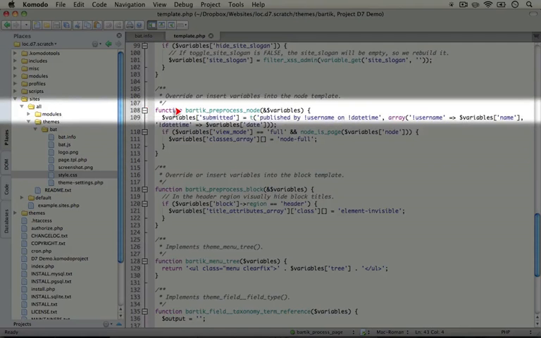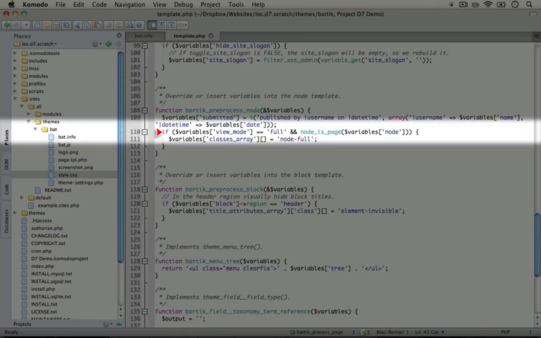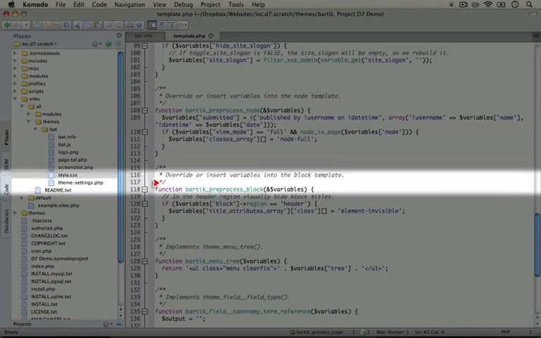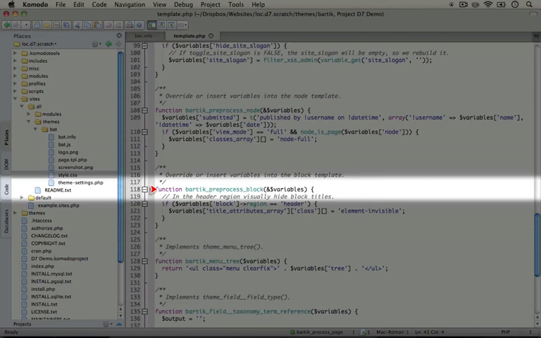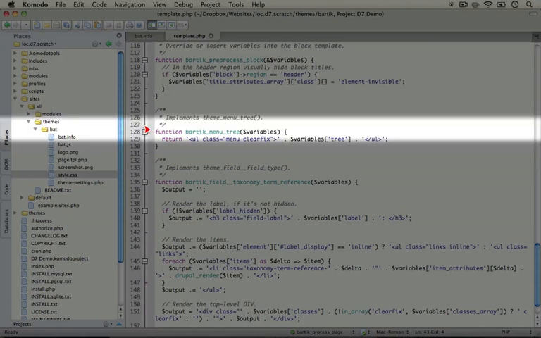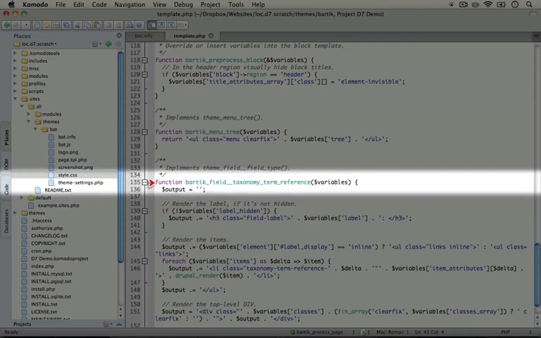Bartik pre-process node will happen before a node template is rendered. So this is anytime a node is embedded on a page. And it's restructuring the submitted structure that displays typically under the title of a node. And then if particular criteria are met, an additional class is added to the body tag. We have a pre-processing function for blocks. And as we scroll down, we have our two theming functions that are overrides of menu tree and taxonomy term reference. Okay,